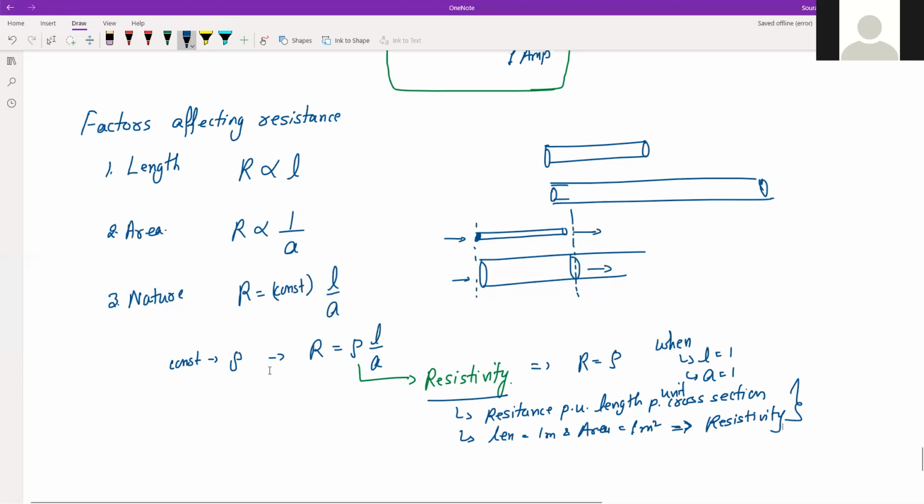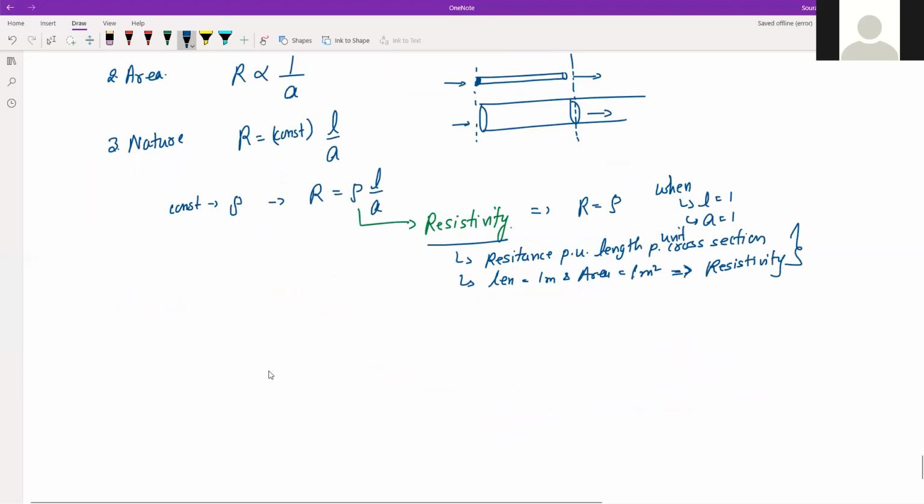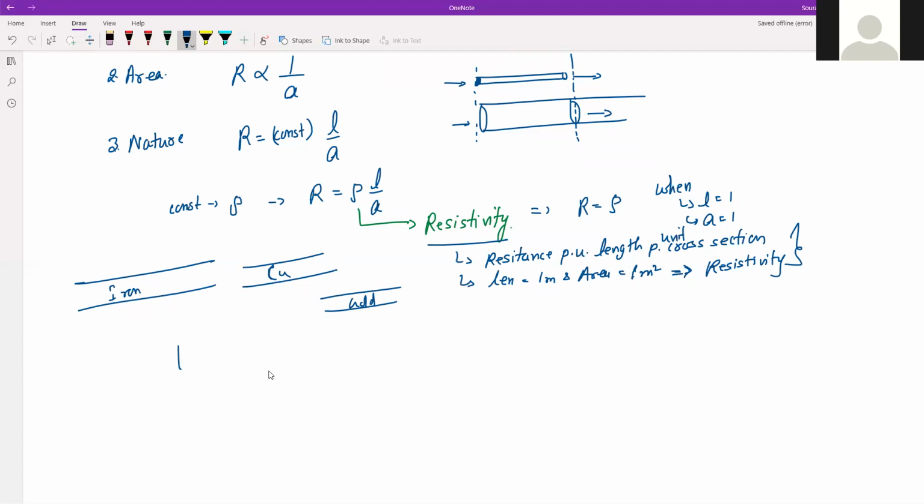If you give me anything, iron, copper, gold, it doesn't matter. I'll take out a section of it which is 1 meter in length and 1 meter square in area, and then I'll find its resistance, and that resistance I'll call rho or resistivity. So rho or resistivity is independent of length and area. It depends only on the material which we choose. Okay, so